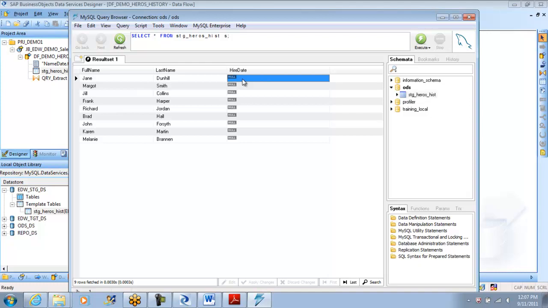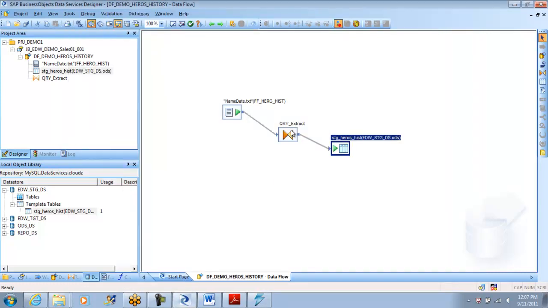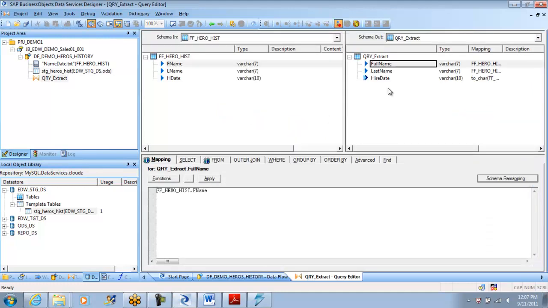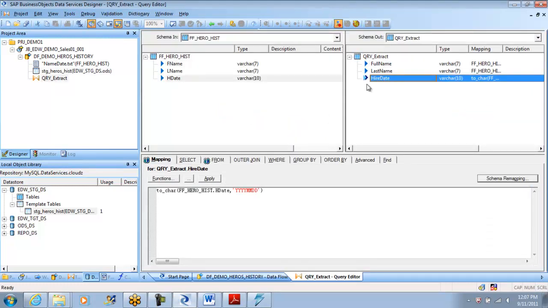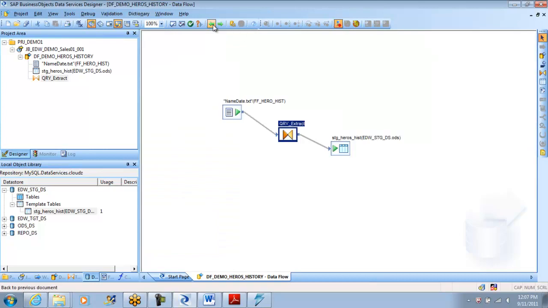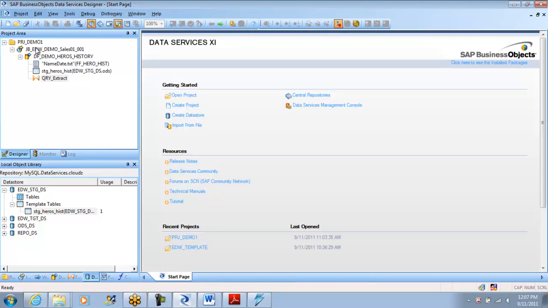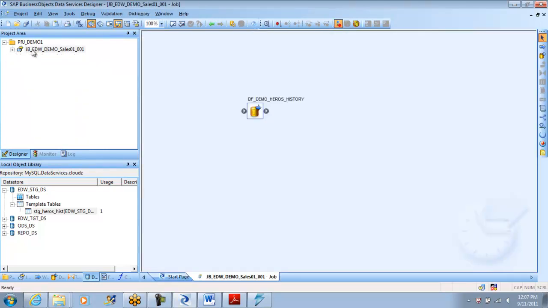We will investigate later. But for now, what I can tell you is it is quick and easy that I could run the job and get the data loaded. Why did it not convert this? We'll come back to that at a later point. But this is how you do a small job. If you look at it, there is no framework, no advices, no lengthy lectures. It is a simple thing. I have created a project, created a job, created a data flow, run it, and you get the data out of a flat file, loaded it to a database environment.